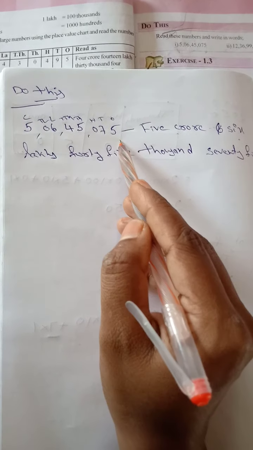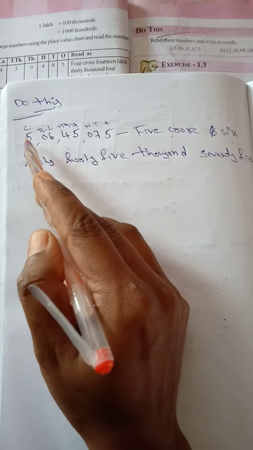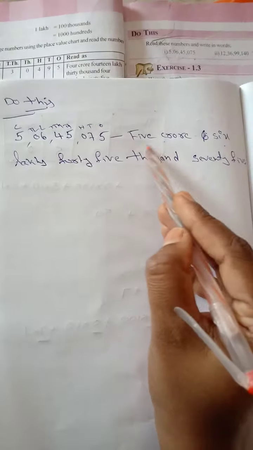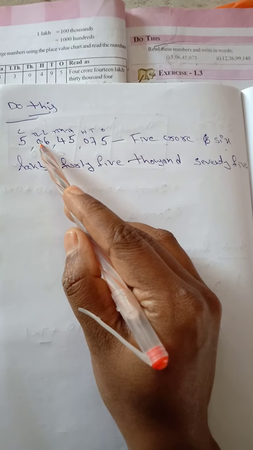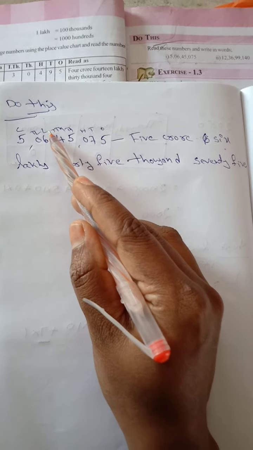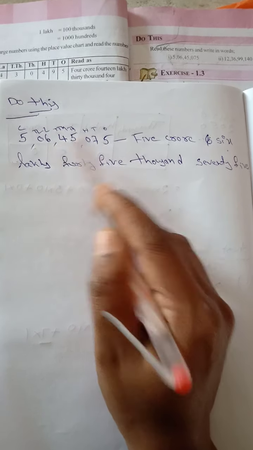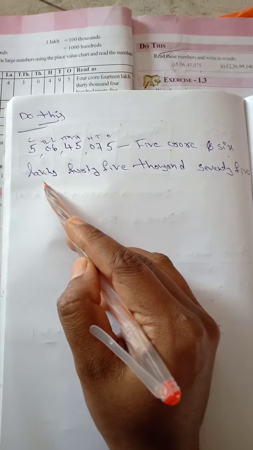So now we can write that number name. So what is the 5 in crores period? So 5 crore. So then 06. Yes, so there is nothing in the 10 lakhs place. Only in the lakhs place will be 6. So that's why 6 lakhs. Yes, now